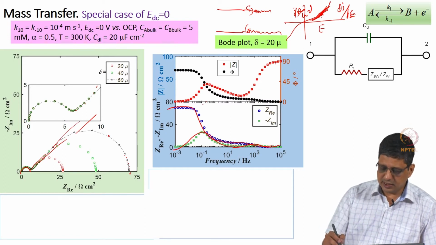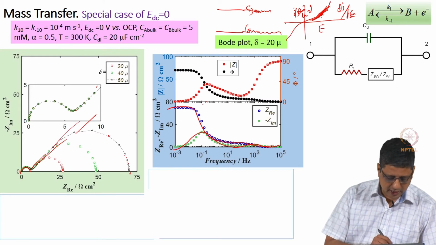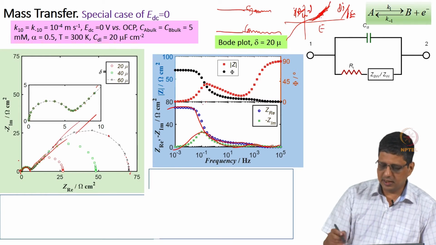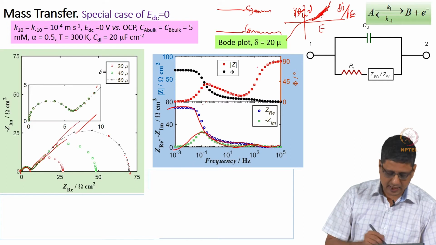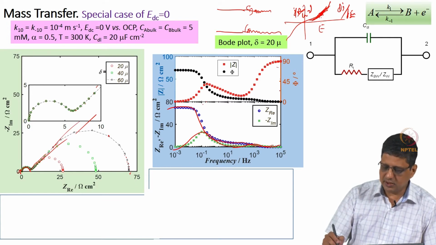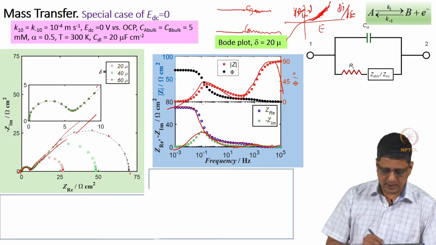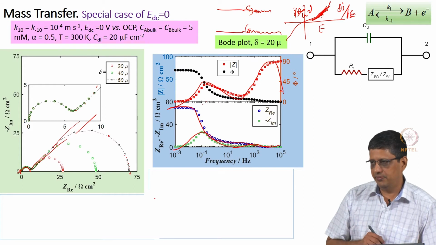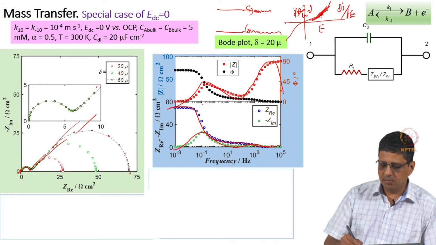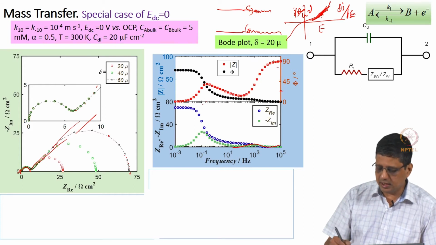Magnitude and phase, of course, here you do not see it, it is starting at 90 degrees because it starts like a vertical line. In practical cases, when you have a solution resistance, it will actually start at 0, go up in the phase, come down, go up and come down, but it is not a clean symmetric peak because it is not really a semicircle. Okay. But this is a signature that you would see in a Bode plot.